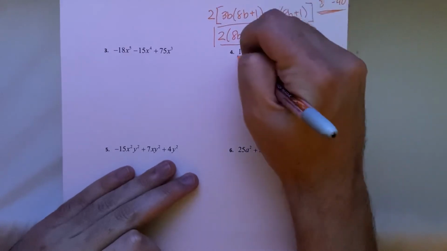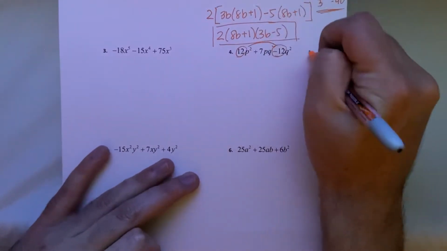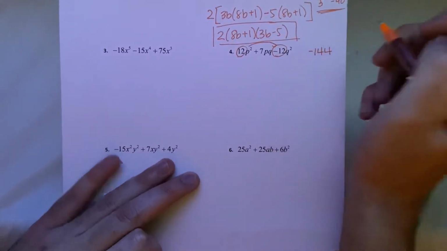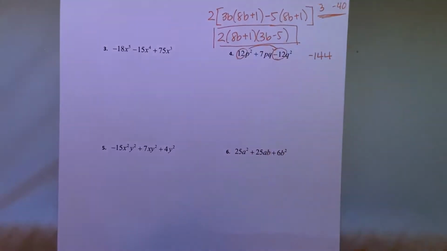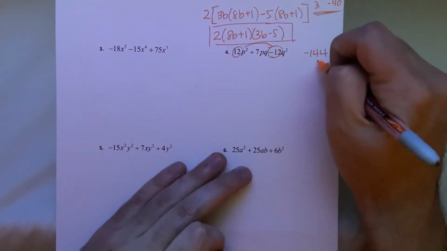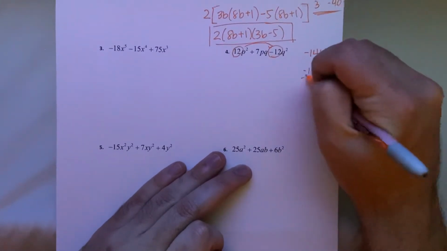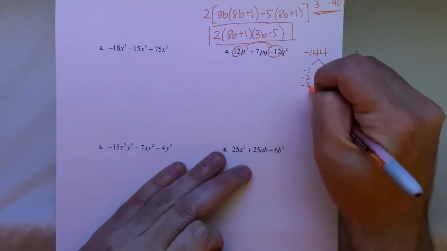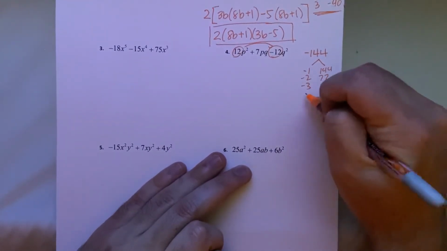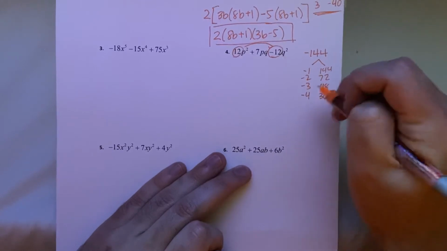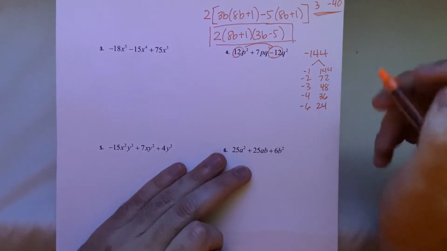Even though there are two variables here, we're still going to multiply 12 times negative 12, which is negative 144, and look for the numbers that add to 7. Again, since the middle term is positive, the larger term needs to be positive. So negative 1 and 144, negative 2 and 72, negative 3 and 48, negative 4 and 36, doesn't go into 5, negative 6, 24,